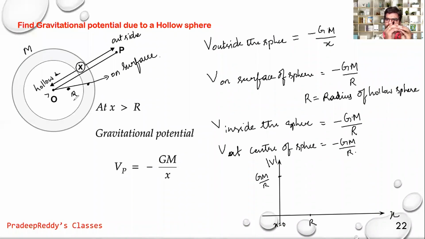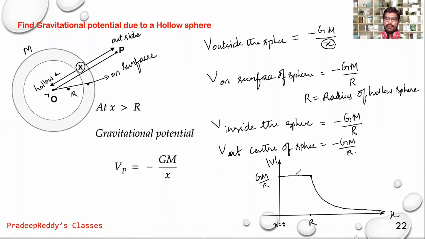If you are coming from the center to the surface of the sphere, the value of potential will remain the same, because the mass position relative to the center is not changing. Mass is situated at radius R from the center. Therefore, this value is constant. So potential inside the sphere is constant, and beyond that it is decreasing with X. As X increases, potential outside the sphere decreases. Therefore, it goes on decreasing like this. Finally, it tends to become 0 at some infinite distance.